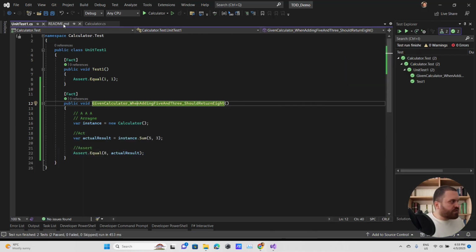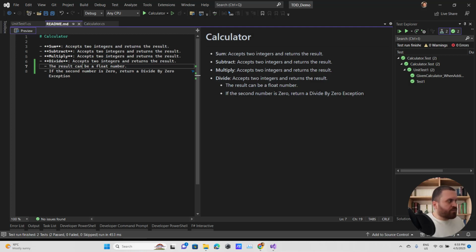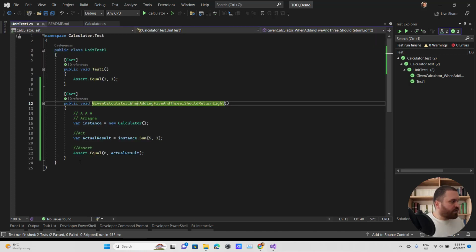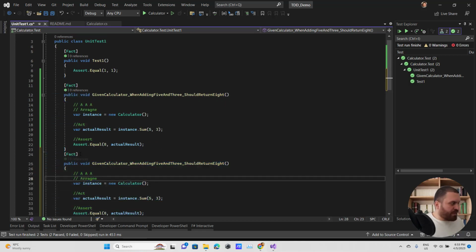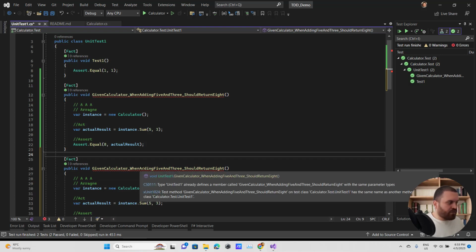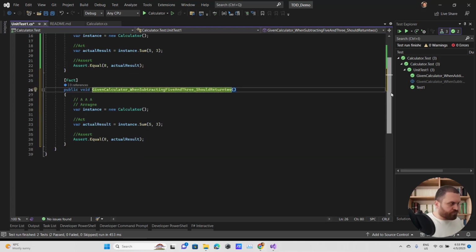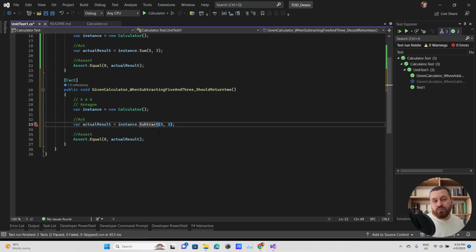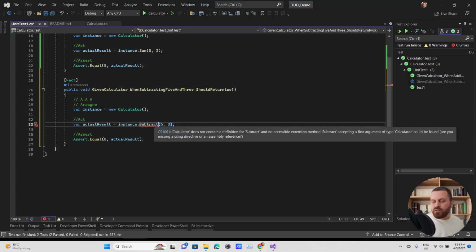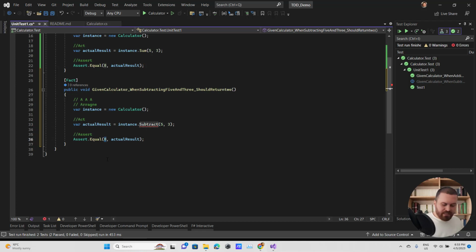Now it is time to write the second one. It is for subtract. Okay, we are going to create a method. For sake of time, I'm just going to copy and paste it. Given the calculator, when subtracting 5 and 3, the result should be 2. In the real world, we are not doing a copy and paste for writing the test because it is highly possible that you miss something, and when you miss something, you are doomed. For example, here, if I miss that the actual value should be 2, I'm doomed.